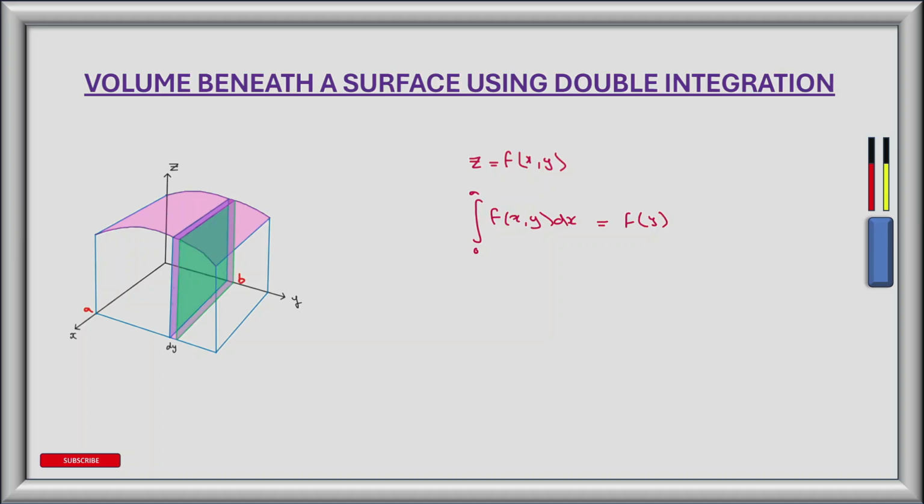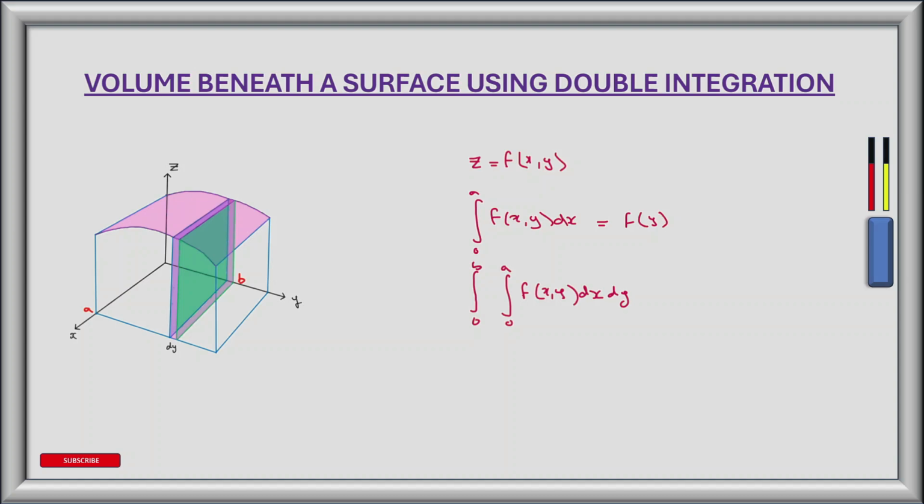If we then sum the small slices of volume across the y-axis, we get the total volume under the curved surface. Again, we do this by integration. So we've already integrated to get a small slice of area shown previously. We integrated along the x-axis from 0 to a of our function f of xy by dx. This gave us a small slice of area. If we now integrate along the y-axis from 0 to b, so we take the integral from 0 to b of the integral from 0 to a of f of xy dx by dy, we will get the total volume